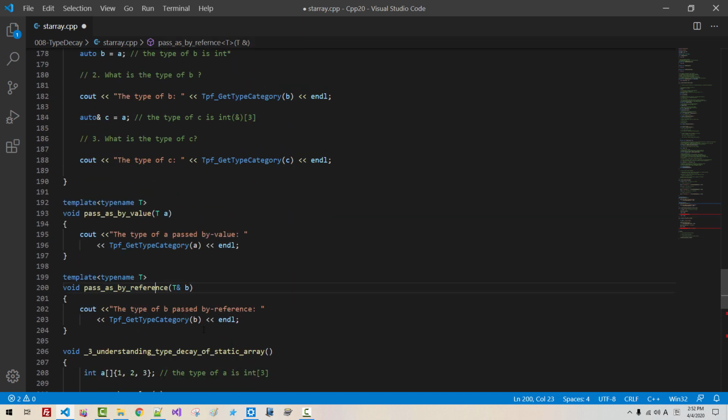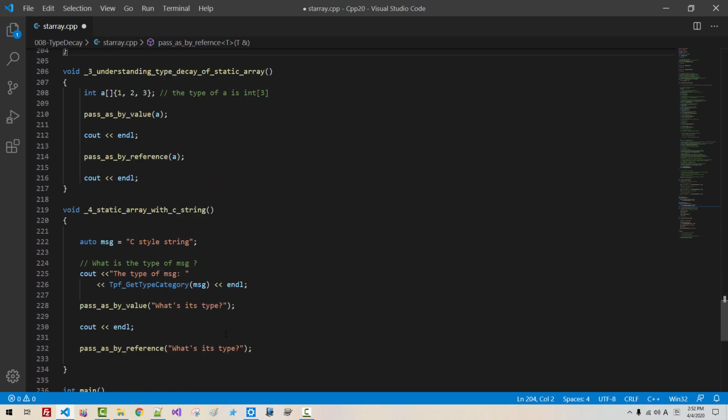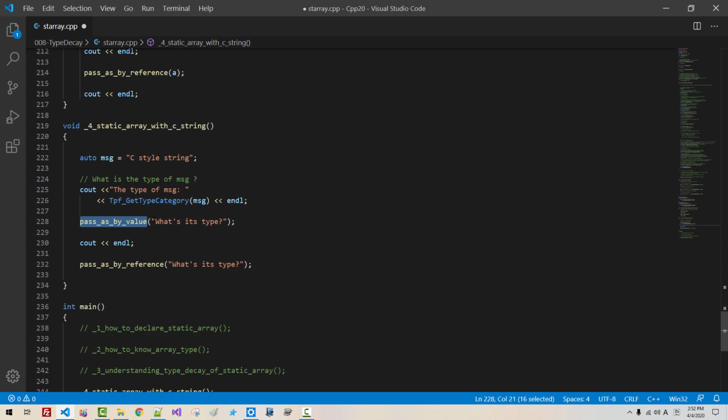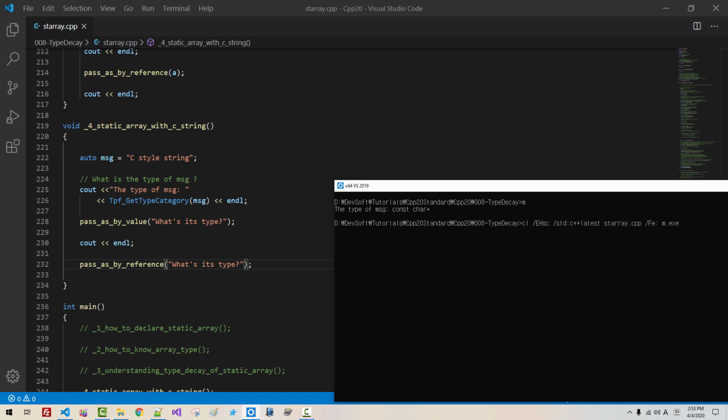I missed E. I fixed it like this. When we call this function and specify value, what will be the type of A? We passed a literal string. Specify reference, literal string. If we build,